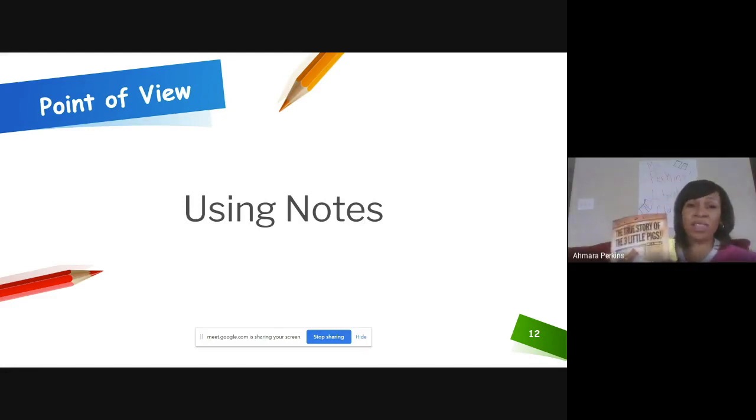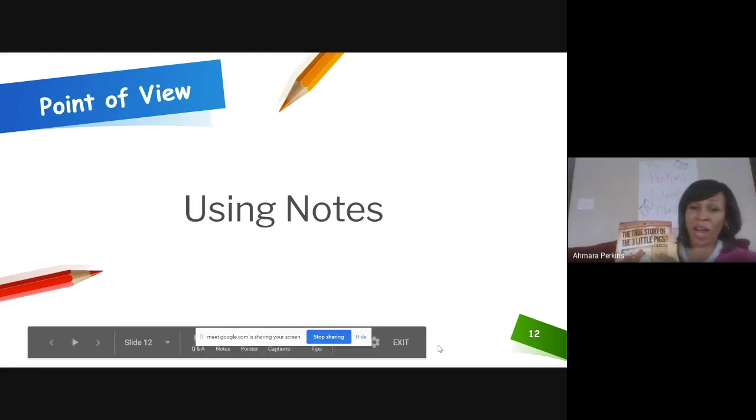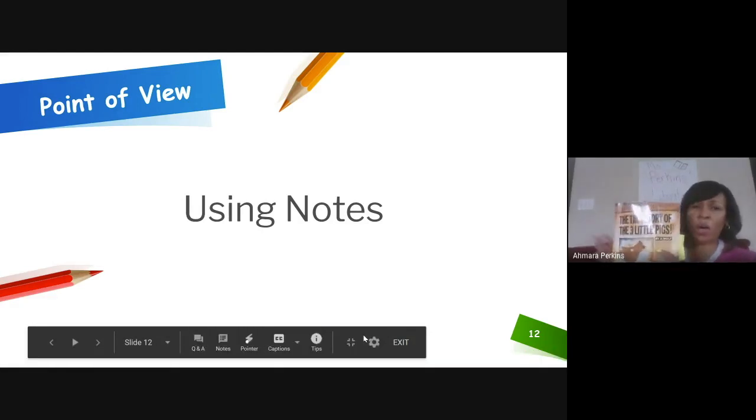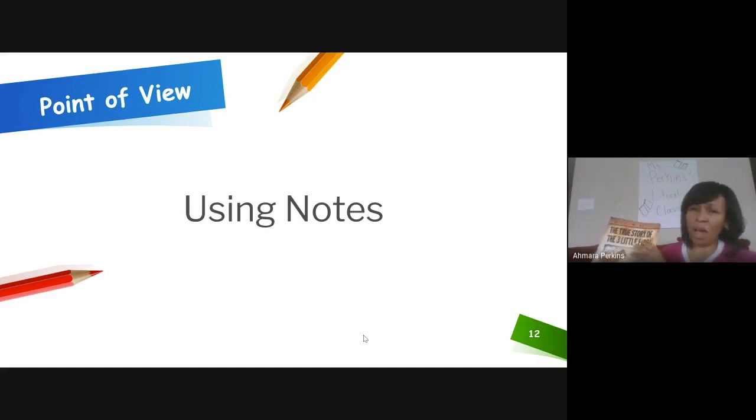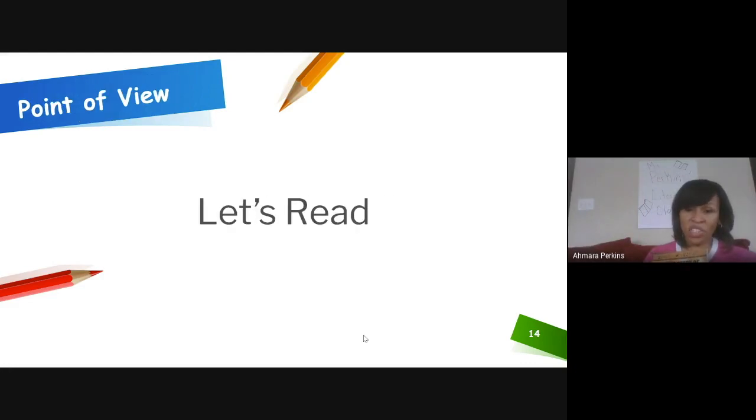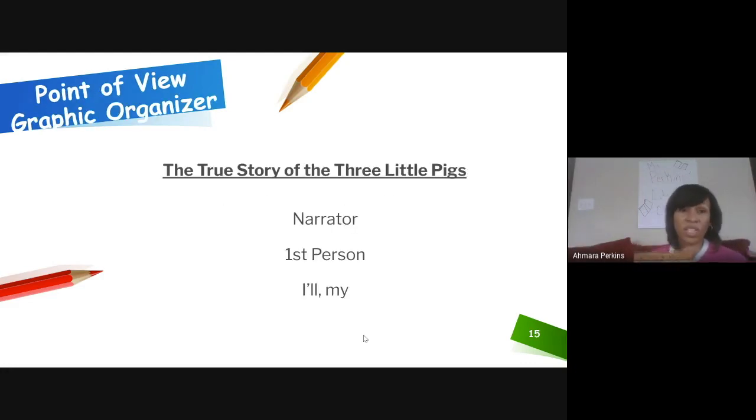So ideally, when I read this, I would have been writing, but I was holding up the book. I would have been writing out what I'm thinking. So I would have written out that this is a story and this narrator, first person. I would have made my notes. So make sure that when you're reading your passages, or your book, because I do want you to think about how this applies to something that you're reading, that you enjoy reading, a book that you've selected. You want to make sure that you keep notes. And your notes, and it can be on a sheet of paper, your notes would just be kind of formatted